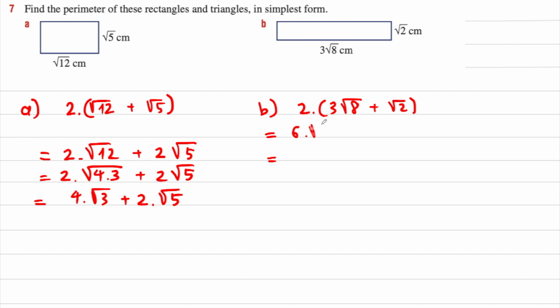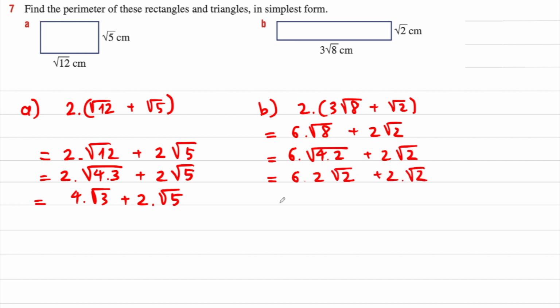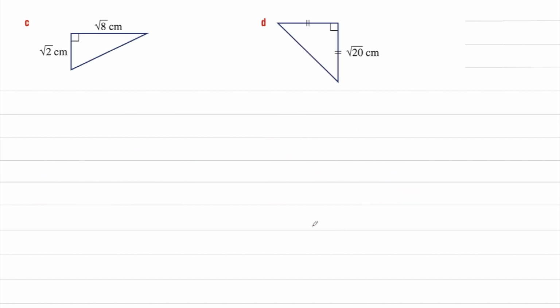Multiply or expand this one you got here, and for this one, 6 times 4 times 2 plus 2 square root 2, and 6 times 2 square root 2 plus 2 square root 2. Here is 12 square root 2 plus 2 square root 2, 14 square root 2. That's it. That is question B. Question C,